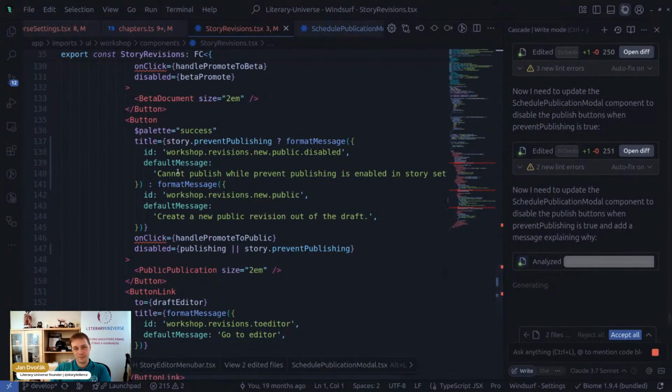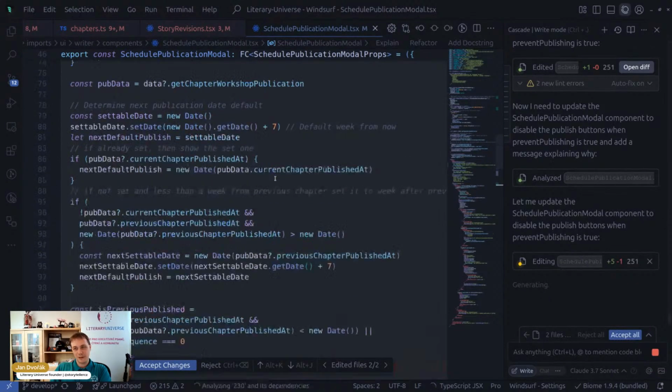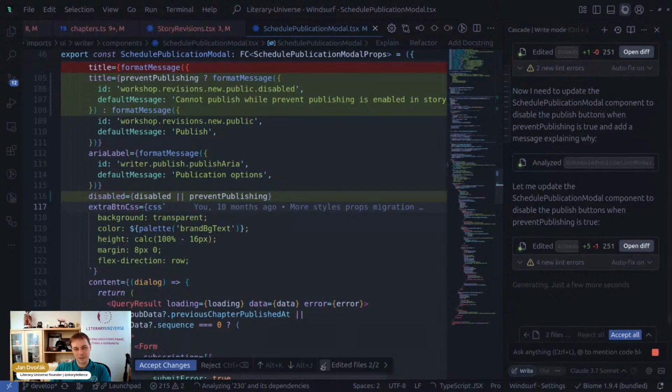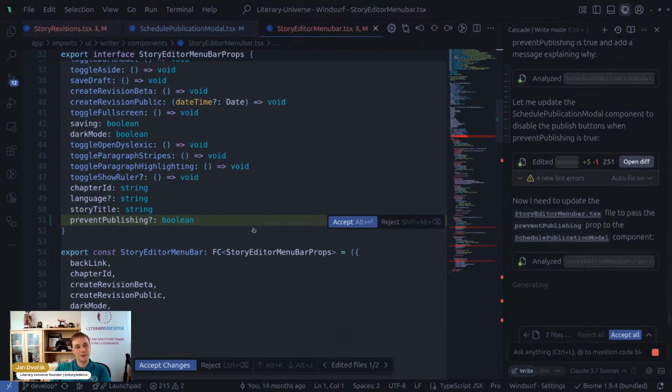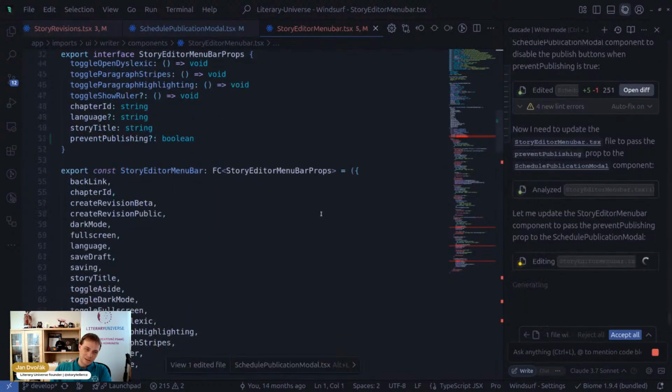Schedule publication model. That's the model I think you want. I'm not sure that that's the one to really. Let's check. Story editor menu bar, prevent publishing. Okay, and